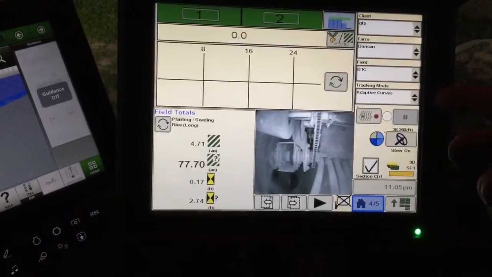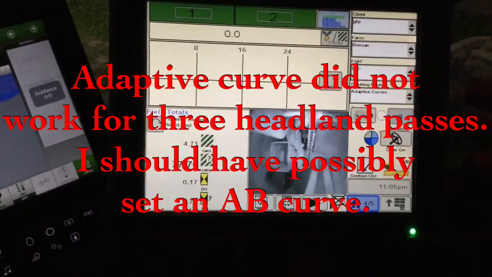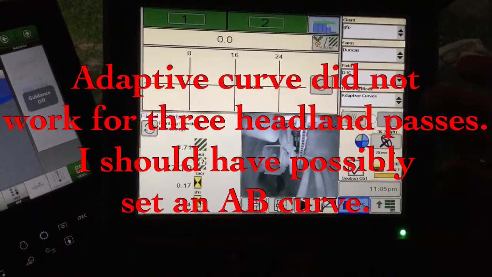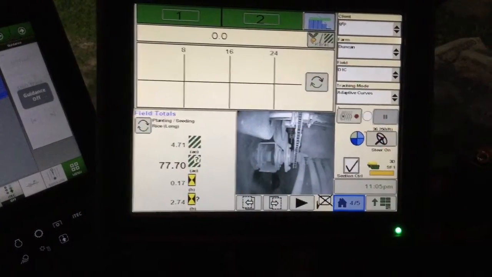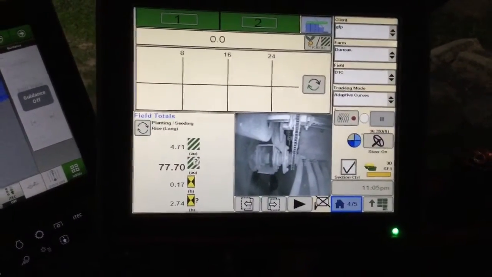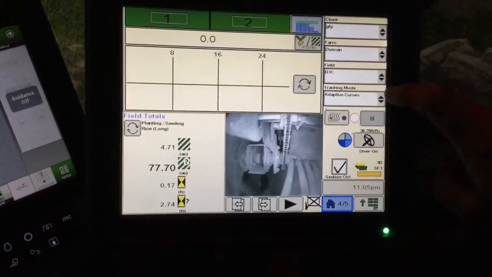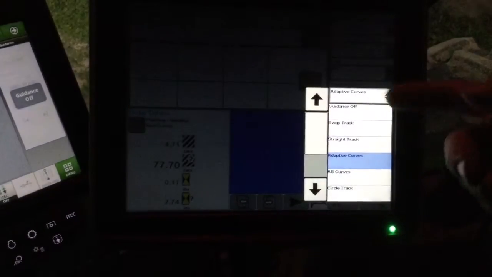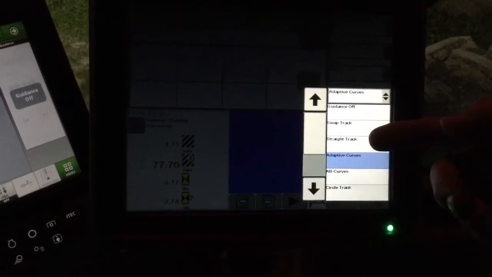Since I've got this adaptive curve and it's a pretty curvy top end, I'm going to plant 3 headland passes, so I'm just going to leave it on adaptive curves and turn around and go back to that adaptive curve. But if you wanted to go to straight guidance, you just go in here and go back to straight track